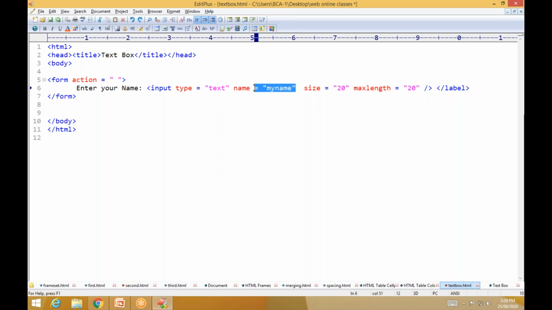So for that we need this value, my name. And if you want to provide the size of the text box, size 20, max length also 20. For example, here I will give 5. So now you can understand.